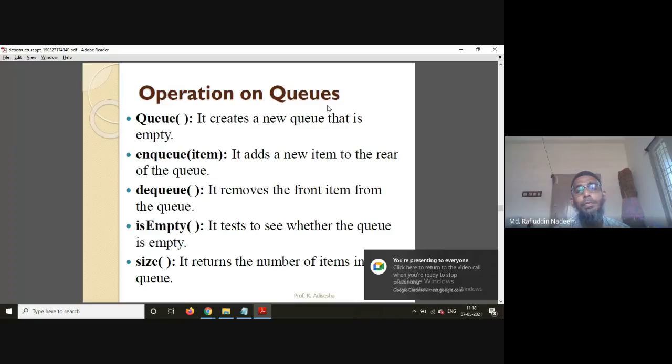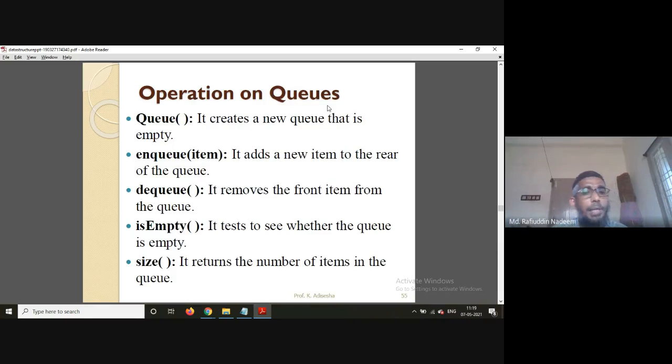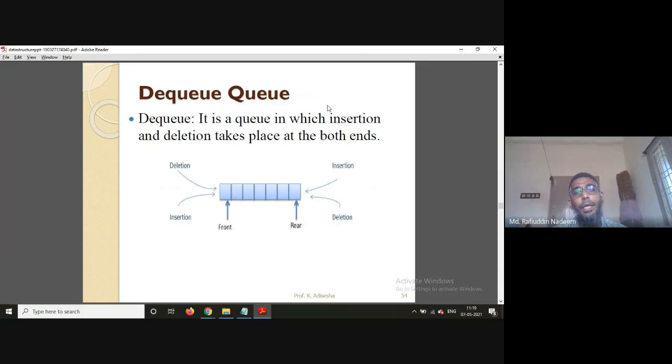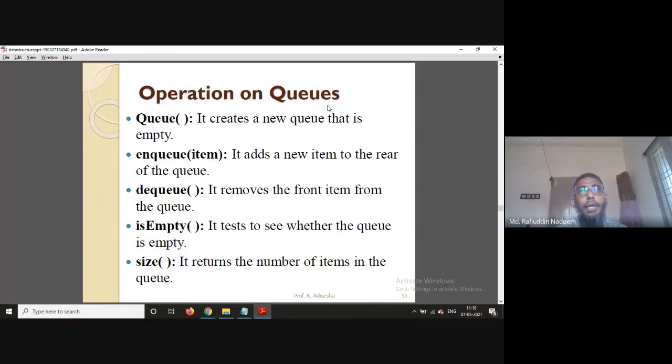Now the operations which you can perform, again as explained here: you can create an empty queue. After creating an empty queue, you can insert an element using enqueue. Of course, I will be using some other names in my program. Then we have DQ, which is used to remove an element. So this DQ is different from that DQ. Remember, the same name is used, so don't get confused here. That DQ is the double-ended queue. This DQ is the name of a function, but I prefer to use insert and delete as function names while inserting into and deleting from a queue here.